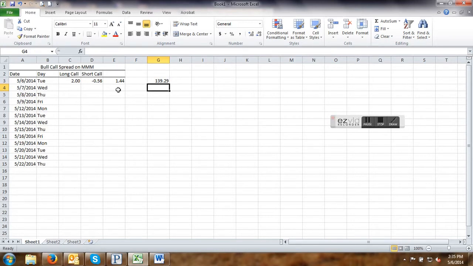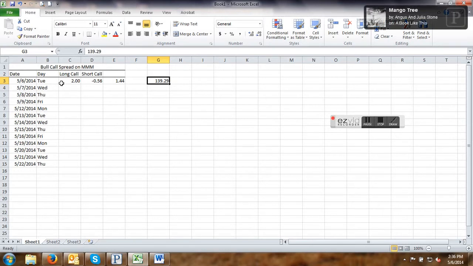So if I would have actually bought the stock, I'm here at 139.29. If the stock goes down by $1.44, buying the stock is the equivalent of doing this bull spread. I've lost $1.44 on my bull spread, or I've lost $1.44 on my stock. If the stock goes down by less than $1.44, then it would have been better for me just to buy the stock. On the other hand, if the stock goes up significantly, suppose it goes from 139 up to 160